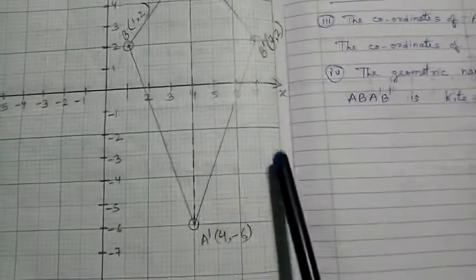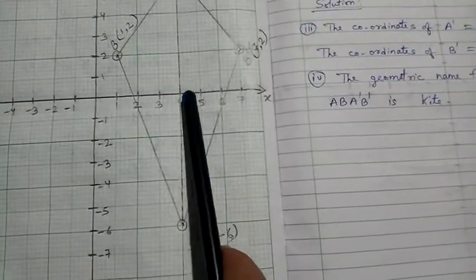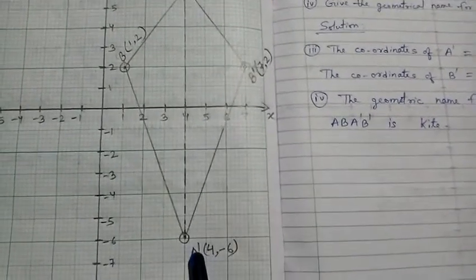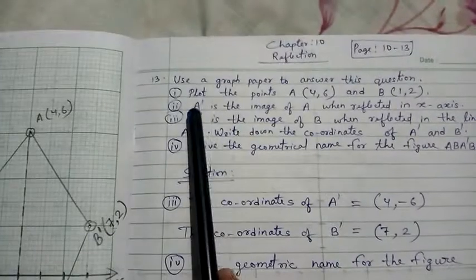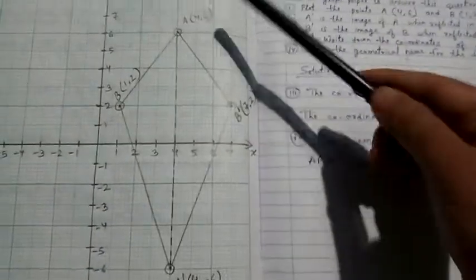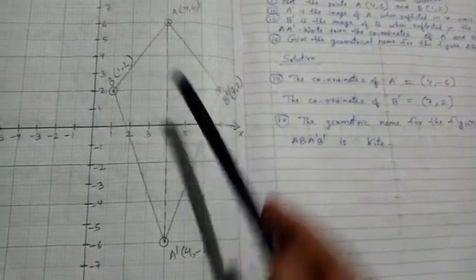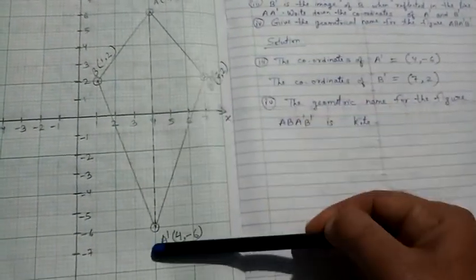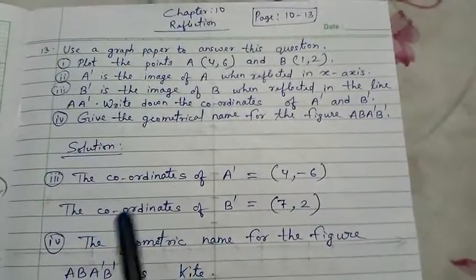So you can see here, I will plot now 4, minus 6. So 4 is from x-axis and minus 6 is from y-axis. Then 4, minus 6 will be here. And the name of that image will be A dash as per the question. So A dash is 4, minus 6. And you check, A has reflected to A dash in x-axis. So you can see A has jumped over the x-axis. This is the x-axis and it jumped this side. That means at the same distance A dash has been formed here. So everything is as per the formula. You can see the result is in your hand.